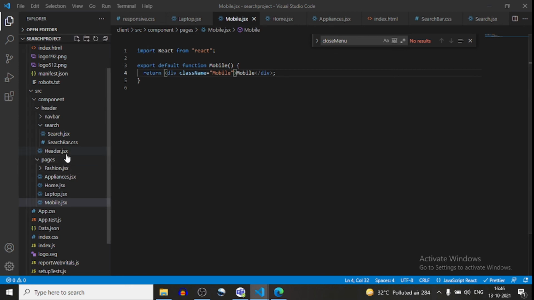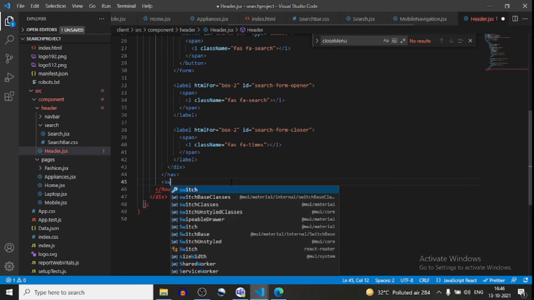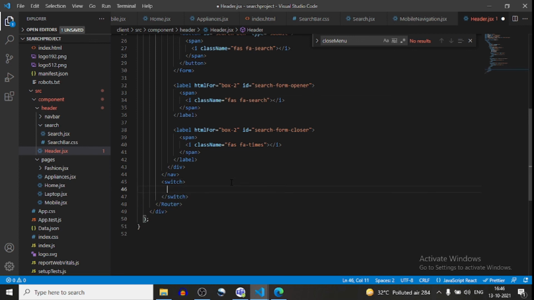In the header.jsx, we have a router nav. Inside this nav, I will create switch. Okay, and inside this switch I will route path and